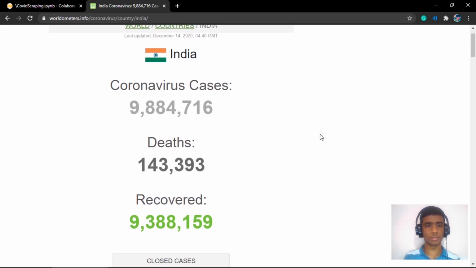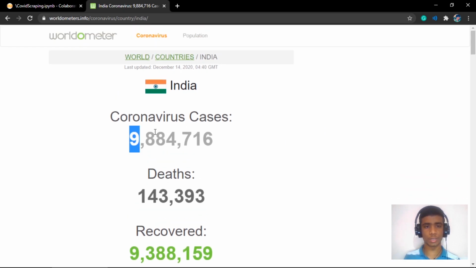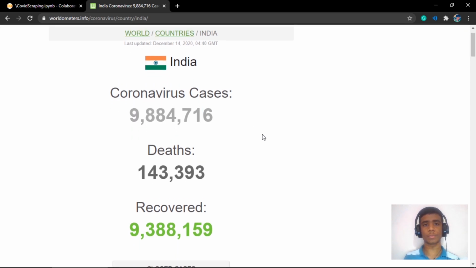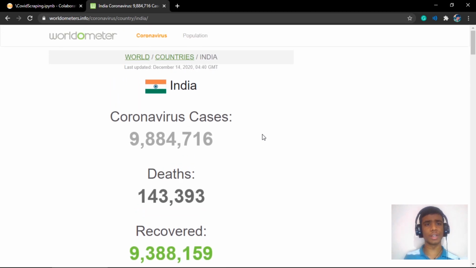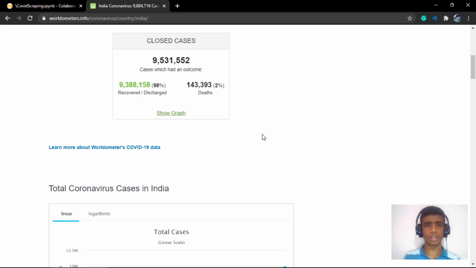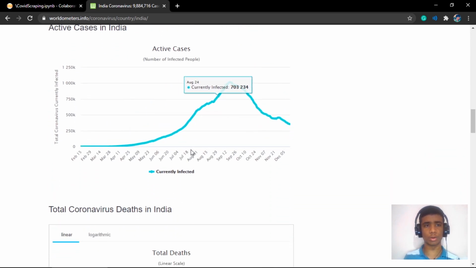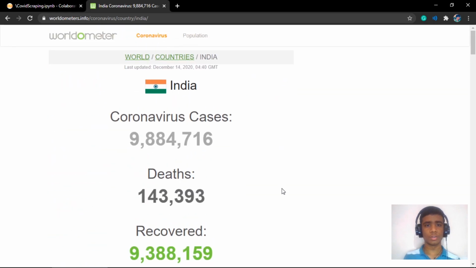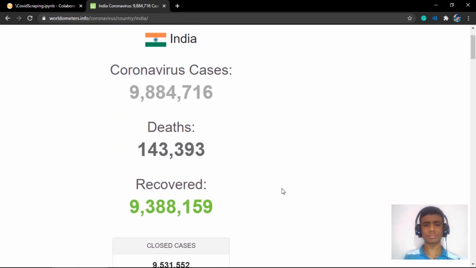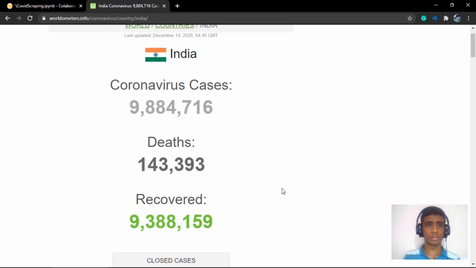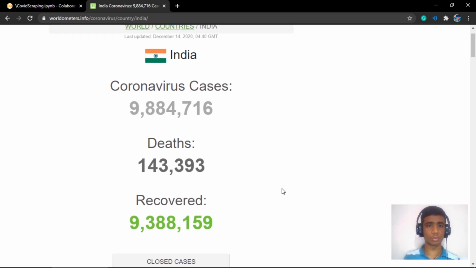For example, in this case we have an API to get this, but if we perform web scraping instead, it is much simpler than using APIs, and it can be used for any element. Using web scraping, we can scrape each and every point from this website. This might be useful in custom use cases where we don't need particular data, and we are looking for some different kind of data. That is where web scraping comes into the picture.